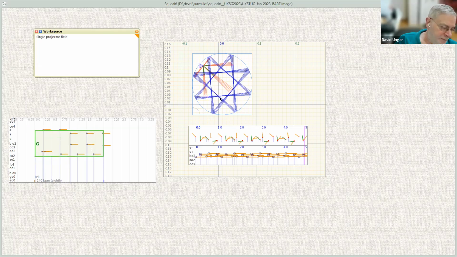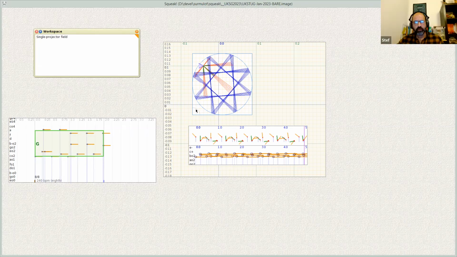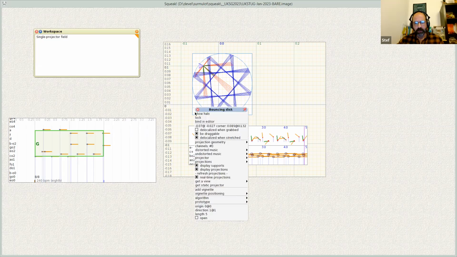Thank you. And yeah, I wanted to show you, because I don't want to go into the musical part, because that would be a rabbit hole. I wanted to show you how the workflow is structured. So this here